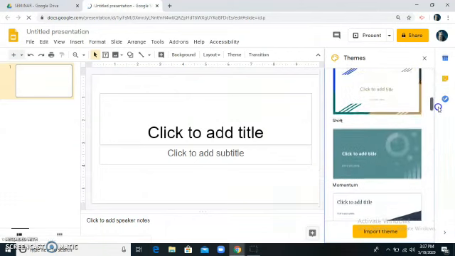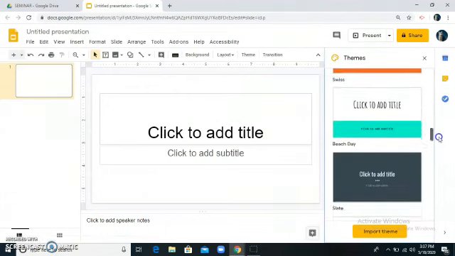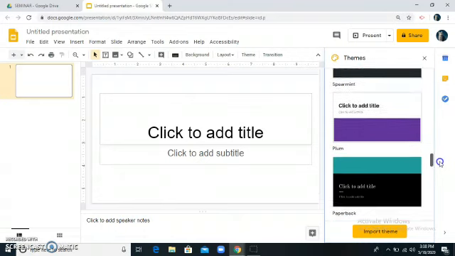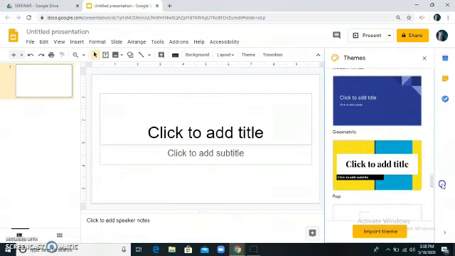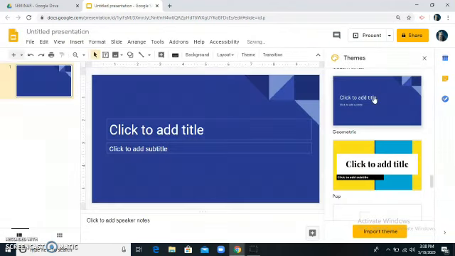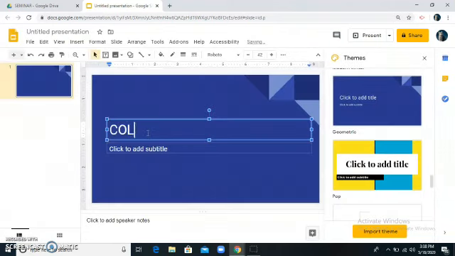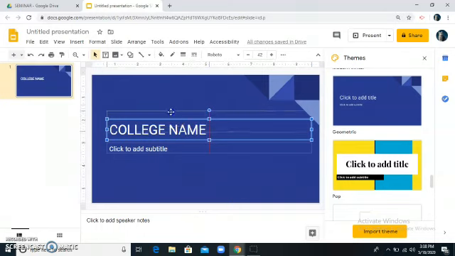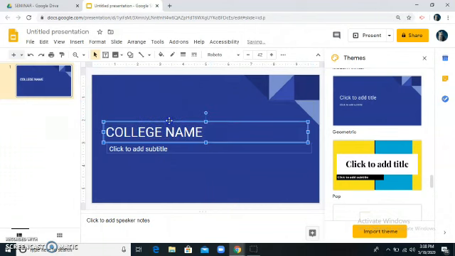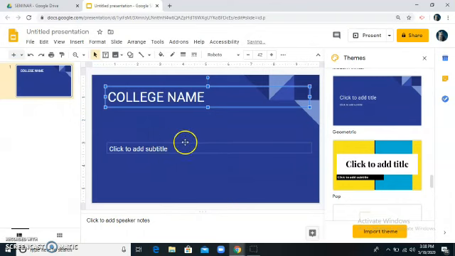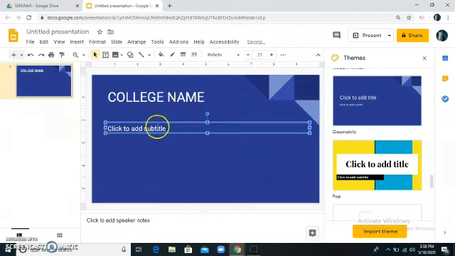You can select any design from the already available templates. Otherwise, you can insert your own design too. So I have selected this template. Here you can add the college name. Now you can place this college name anywhere by moving the header. Then you can insert the body, that is, this is to certify